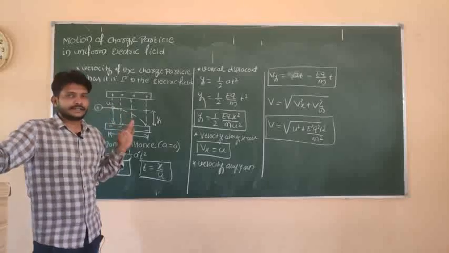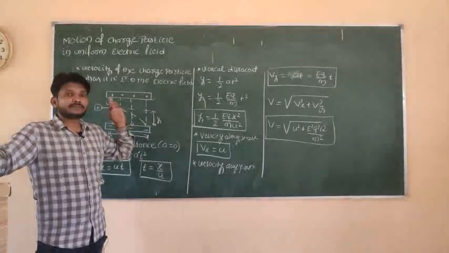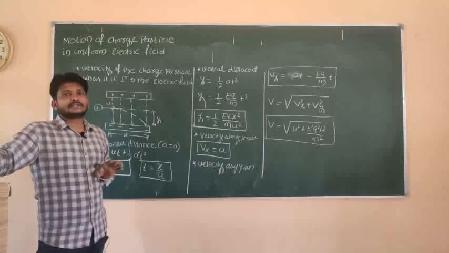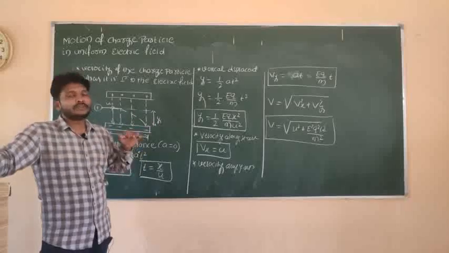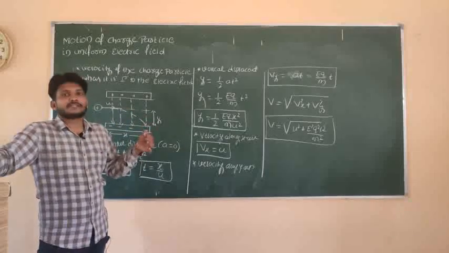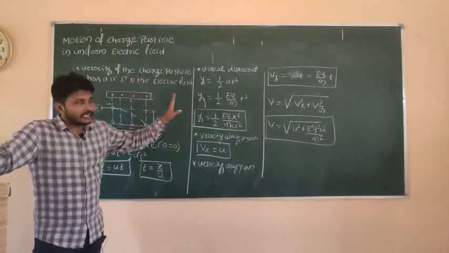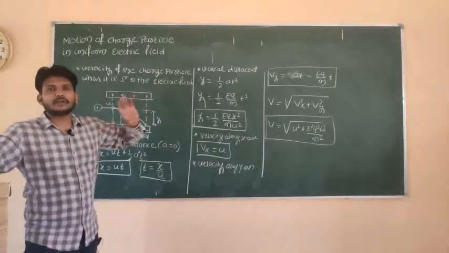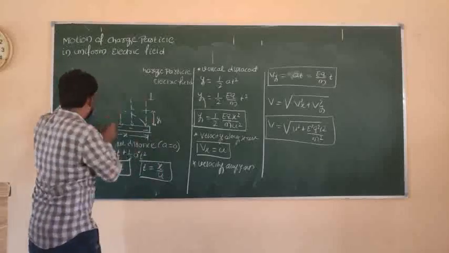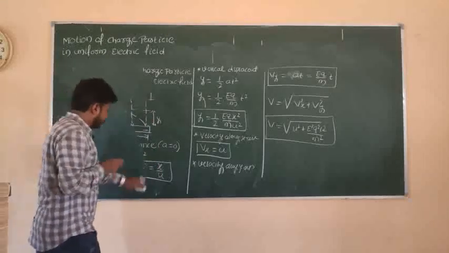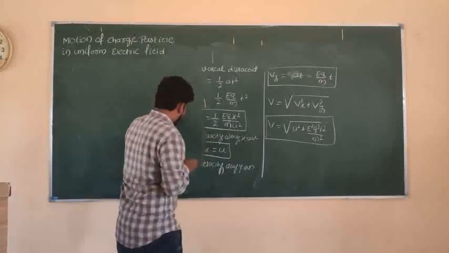So first we considered that when a positive charged particle is present in a uniform electric field, the force acts along the direction of the field. If it is negative, the force is experienced opposite to the direction of the electric field. Related to this motion of the charged particle, we will look at some numericals. For example, in our college material, we have some questions.